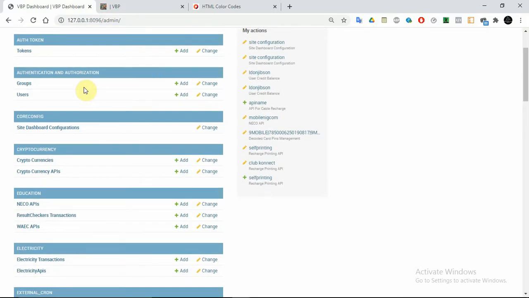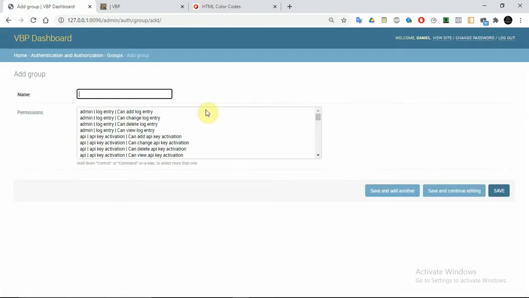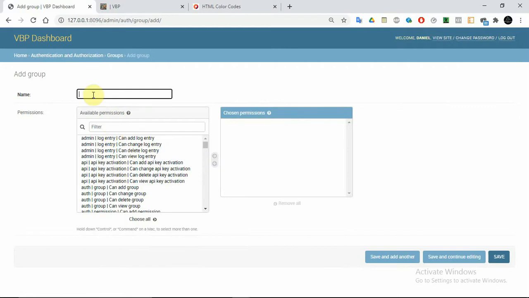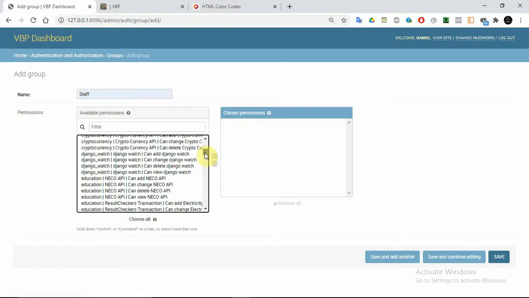Another thing is that if you intend to employ somebody to manage for you and you want to restrict them from doing a lot of things, you can create a group. Then when you create a group, you can say maybe staff. Then you can decide what the staff can now do. Possibly they can